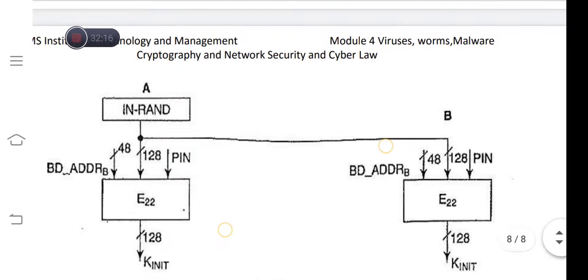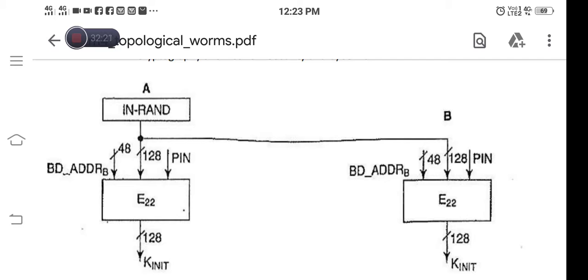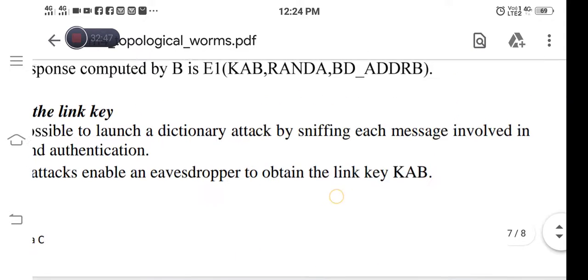Now let us see the explanation of this. Here we are seeing the box named E22, which is an encryption algorithm based on a block cipher called SAFER Plus.